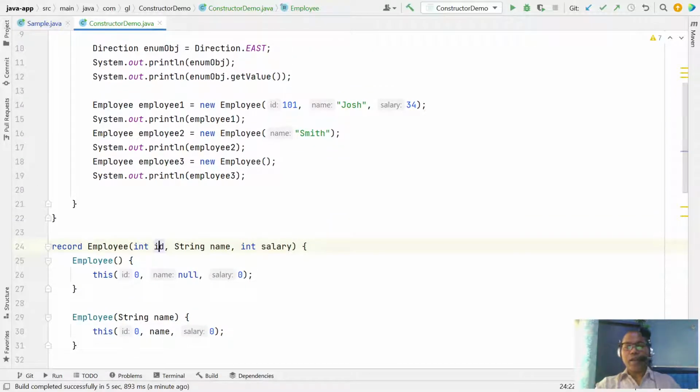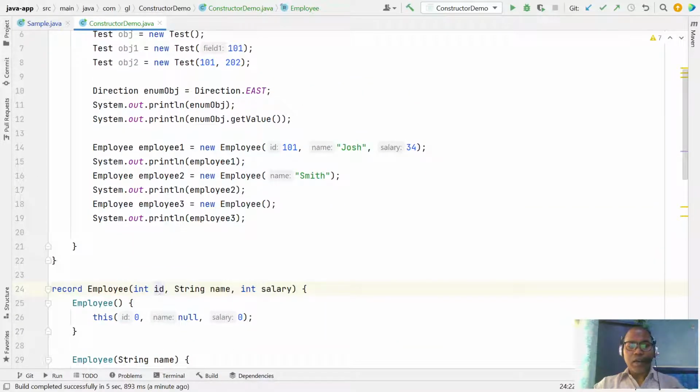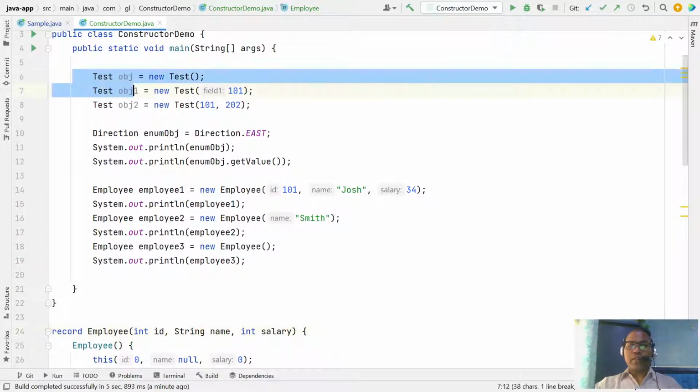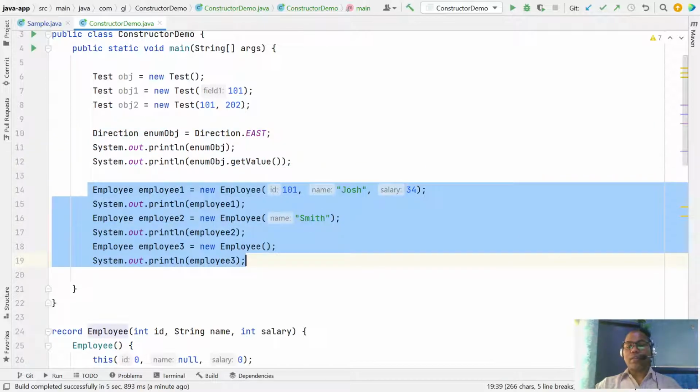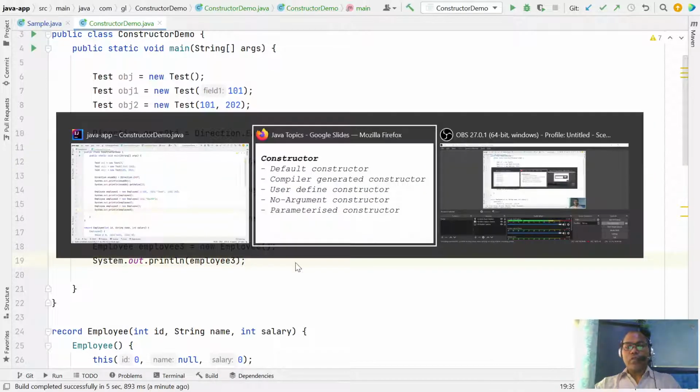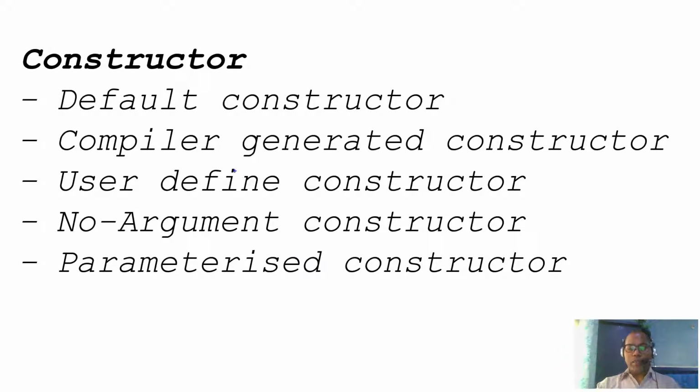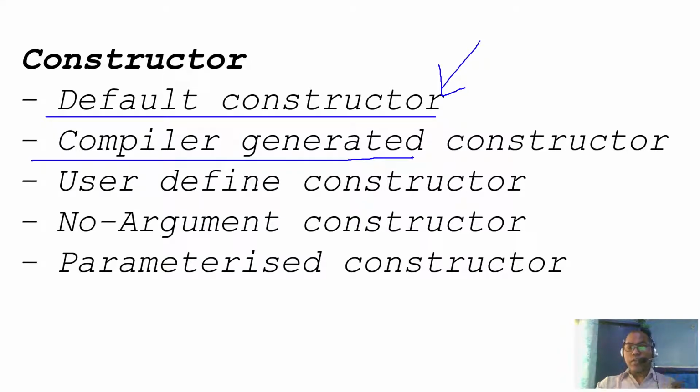So this is the way to define a constructor inside a class, inside an enum, or inside a record class, right? So as per the theory, now you are clear what the default constructor is. Default constructor means automatically generated by the compiler inside your class or enum.